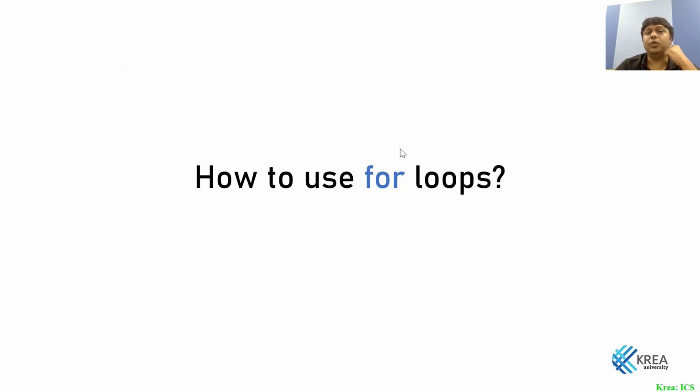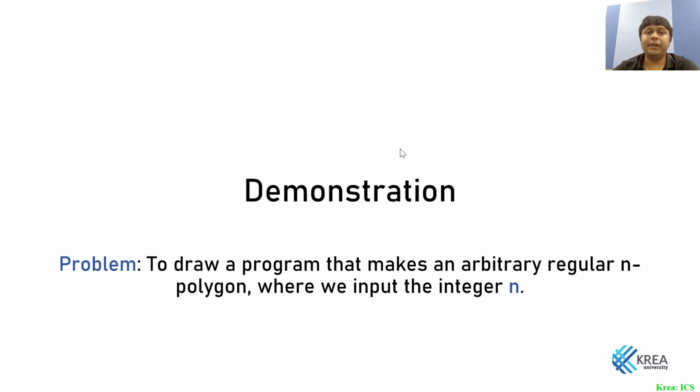So how do we use for loops? Now we have a brief idea of how to write them, and we have an understanding of how they work, but now what we're going to be looking at is how to use for loops. So we just have a brief demonstration, and our demonstration is now to actually start off with what we initially